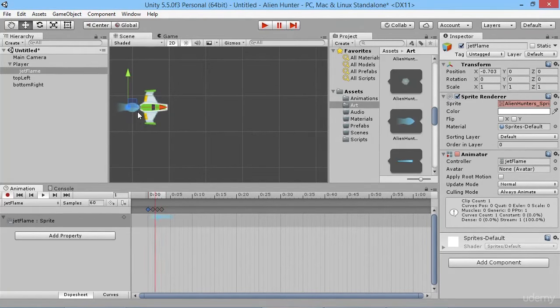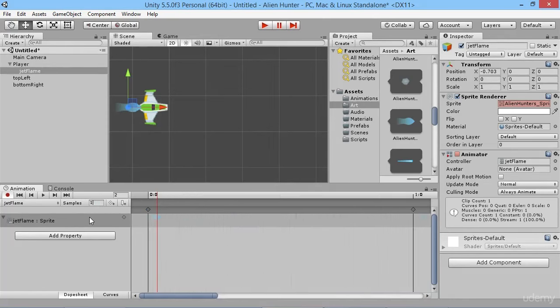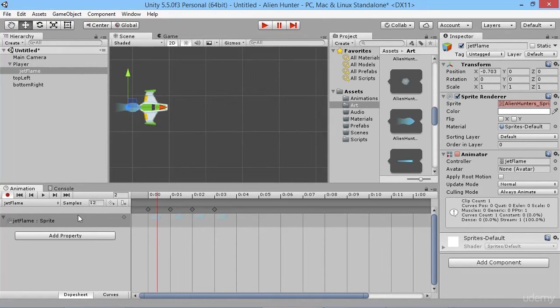So there's two options of what we could do. We could just stop this plane, and we could stretch out these keyframes and make them be further out, or we could change the sample rate. So at the moment it's saying it's running at 60 frames a second. We can slow that down to say 12 frames a second, which means now there's a much bigger gap between our frames here. So if we hit the play button,